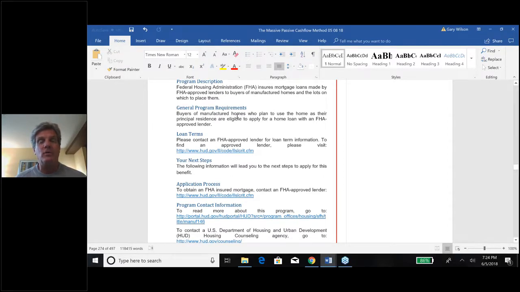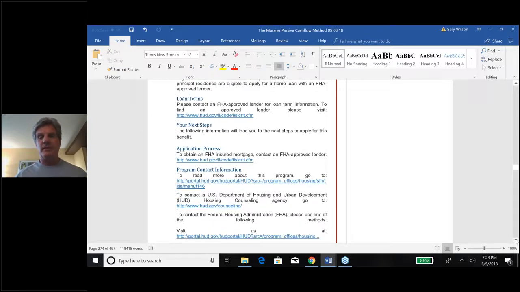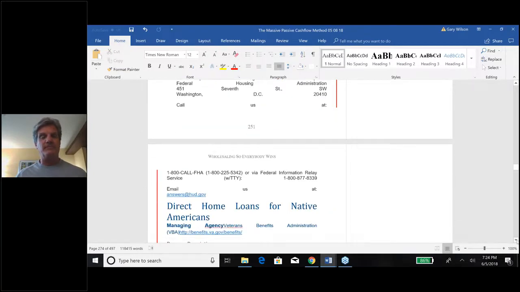By the way, the home does have to be your principal residence. Sometimes there's time frames on that. In other words, you have to live in it for a minimum of 2 years before you can ever consider renting it out. So just keep that in mind when it comes to this type of FHA-backed mortgage. Okay, let's go on to the next one. Some of these I may just skip, but when we get to them, we'll see.